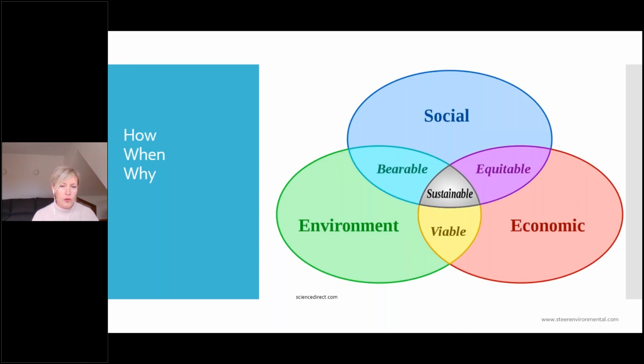Now, to me, when we think about land remediation and when we evaluate our options, I think the most important lens for us in this day and time to look at these things is through the lens of sustainable development. I'm sure everybody watching this presentation knows that the definition of sustainable development is meeting our current needs without compromising the ability of future generations to meet theirs. And this is a classic Venn diagram that demonstrates that, with the three pillars of sustainable development being environment, social, and economic. And I think when we look at these three pillars, risk assessment ticks off the boxes in all three of these categories. And physical remediation kind of does the opposite.